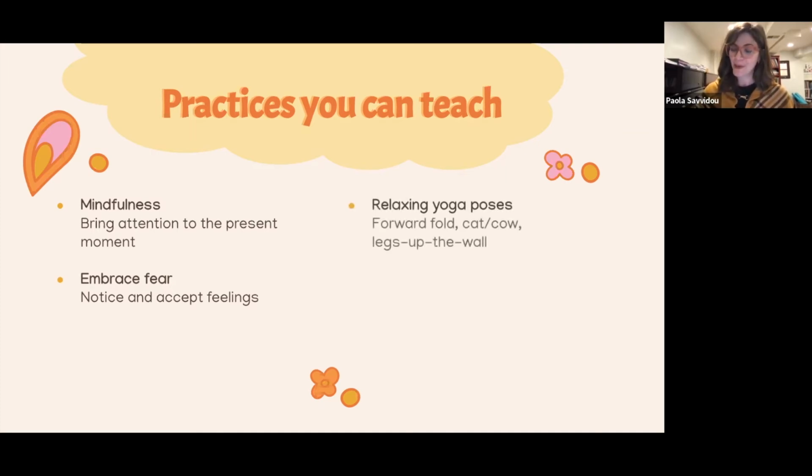Some relaxing yoga poses. So anything that flows forward will activate the parasympathetic nervous system and the calming response. So if you don't know anything about yoga, which is totally fine, you can do a forward fold. So standing up and then just folding forward, take a couple of breaths there. Right there, you already will feel better once you've unrolled up, or putting the legs up on the wall, again,